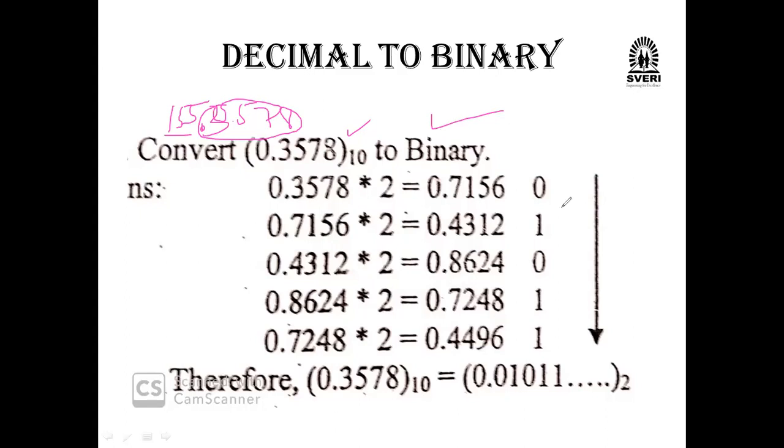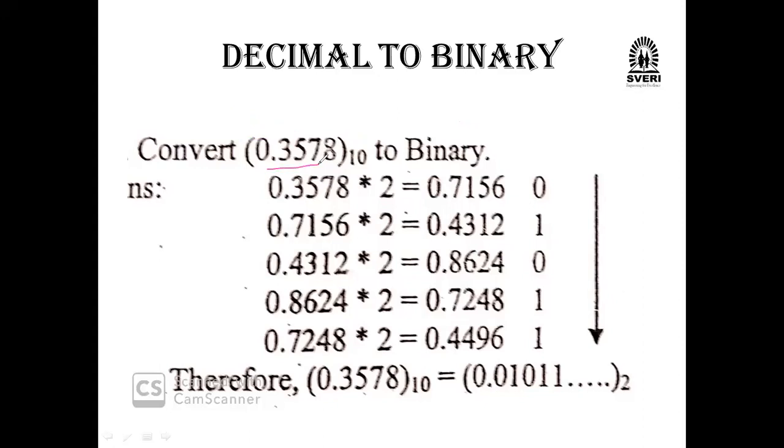Okay, and one more thing, we are coming downside. We have to come here now. We should not go to the upper side. We have to come downside here now. See, we are starting from the 0 point. It should be there from the 0 point. So this one we have to convert here now. Listen carefully. We have to convert 0.3578.